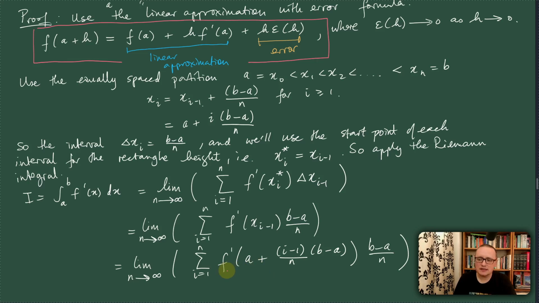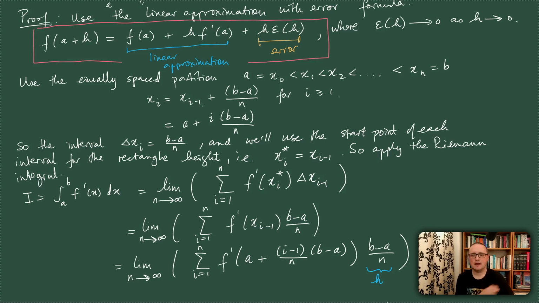Now, what do I have down here? Here I have the derivative of f, which is located here in the linear approximation with error, and I'm evaluating it at a point a plus (i minus 1) over n times b minus a. So we are going to consider this expression here. No, let me think about it. That's not quite right. So this expression here, the b minus a over n, this is going to be my